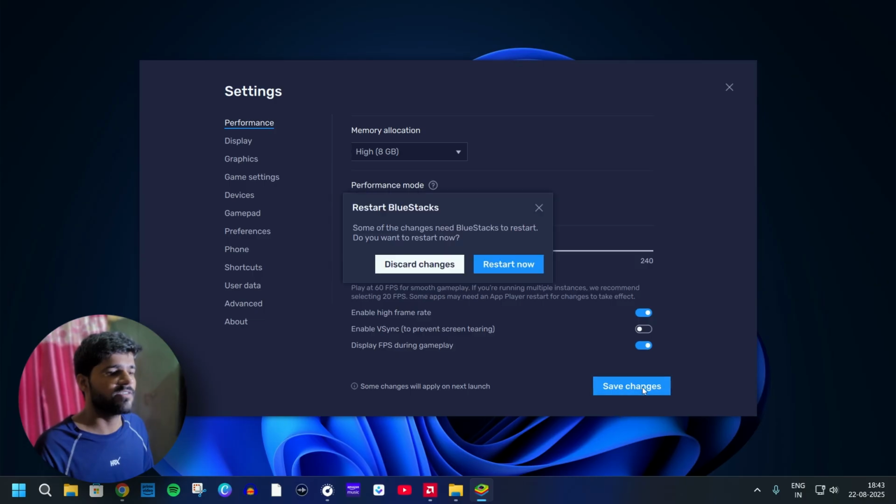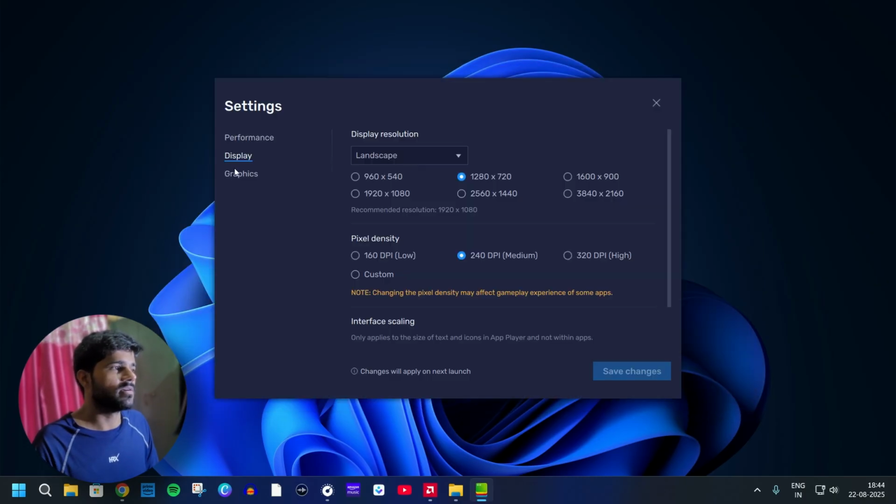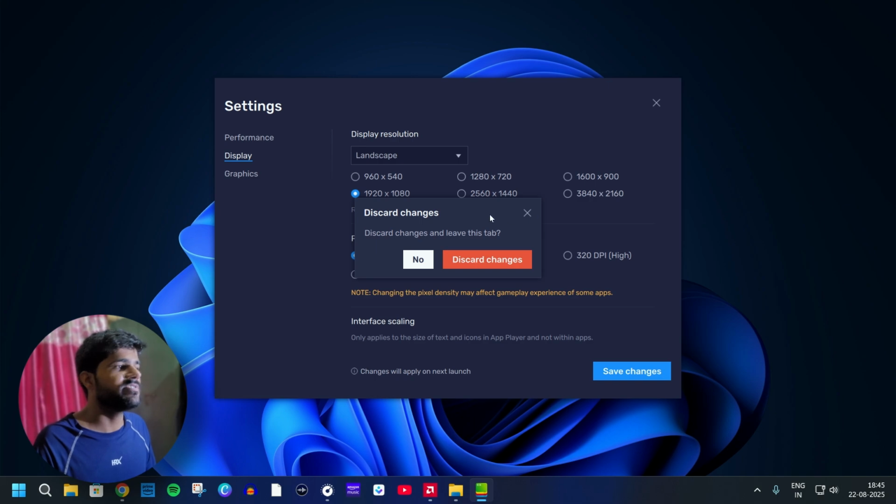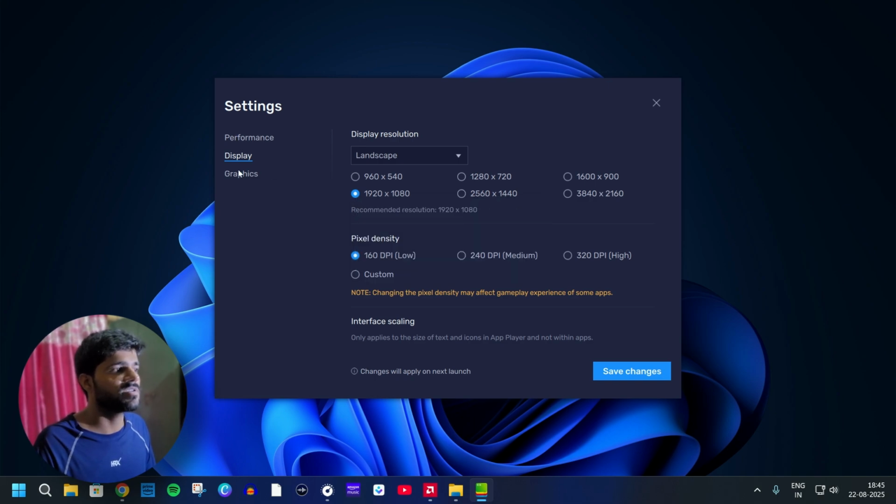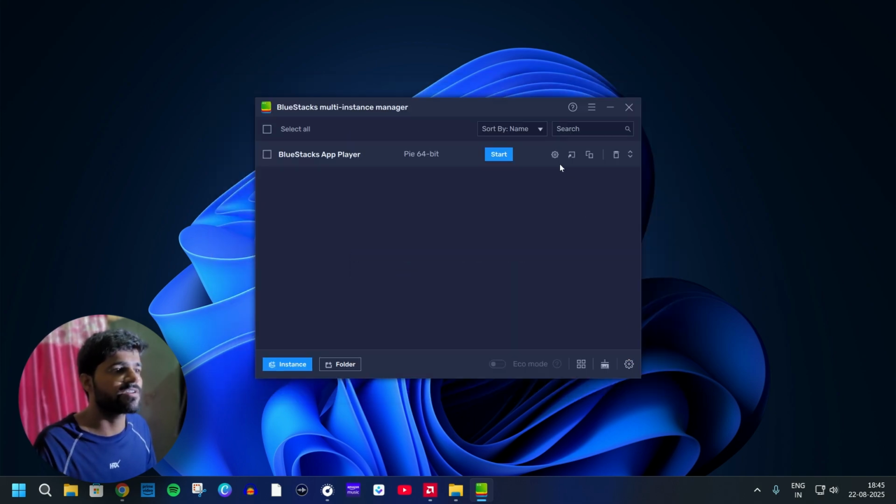First we have to save these changes and restart. Here we can find the display settings. I'm going to set 1920 by 1080, and for DPI, I want the lowest. For every setting you have to save first, then it will apply.